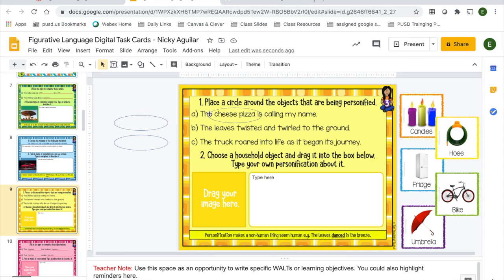Letter B says, the leaves twisted and twirled to the ground. Okay, well, do leaves really twist and twirl on their own? No, sometimes they do that with the help of a little bit of wind, but in this case, leaves do not really twist and turn on their own. That's something that humans do. So we're going to put a circle around leaves